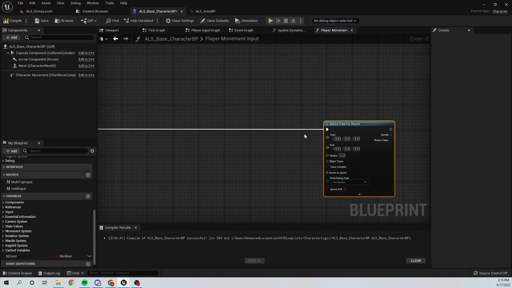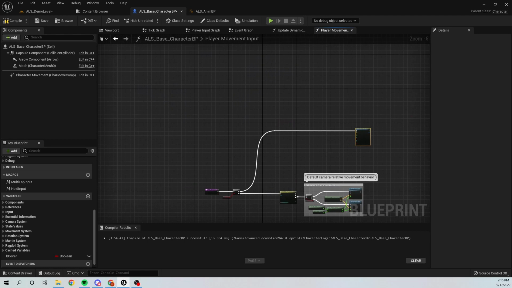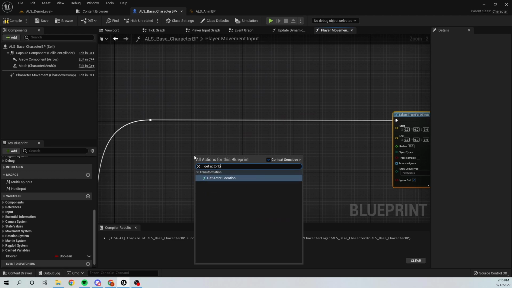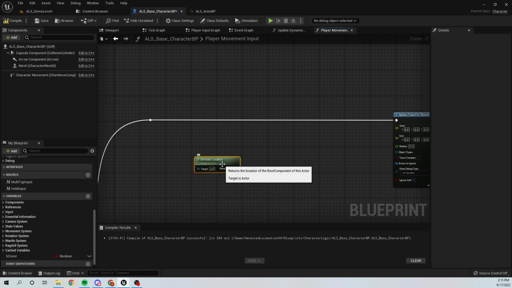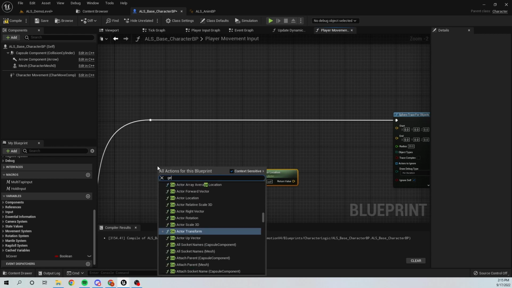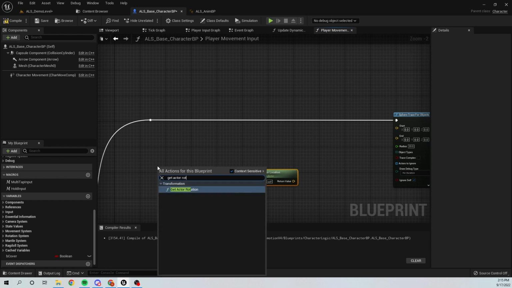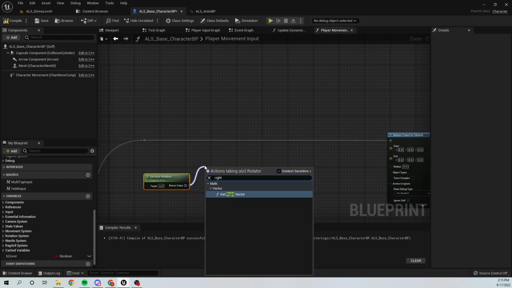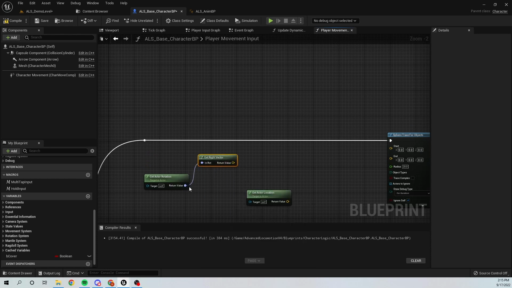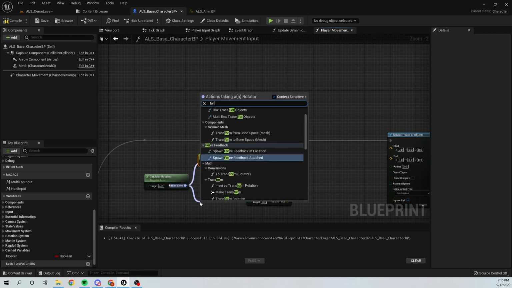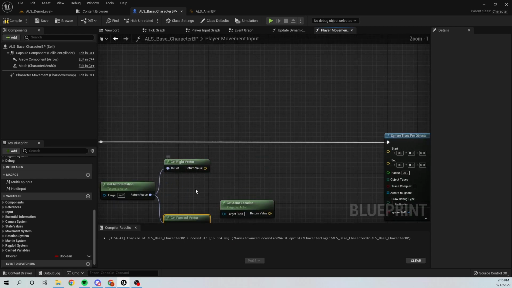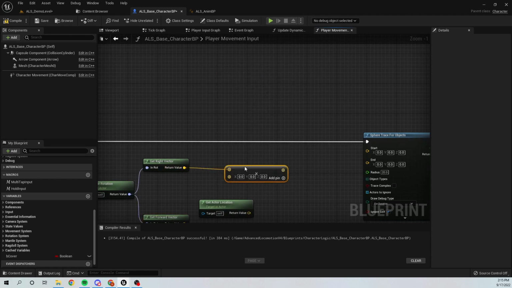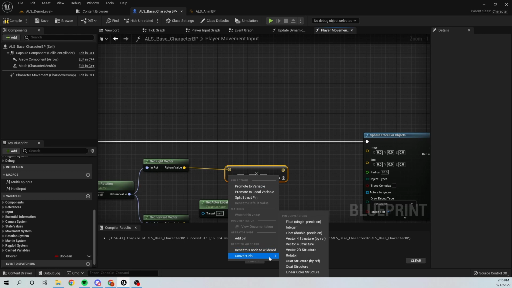and I'm gonna use get actor rotation, get actor location, and get actor rotation. Get the right vector from my actor rotation and also get the forward vector. So I'm gonna multiply my right vector to float,